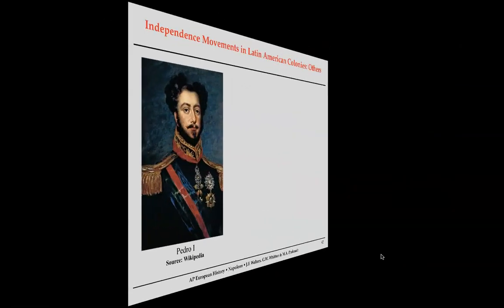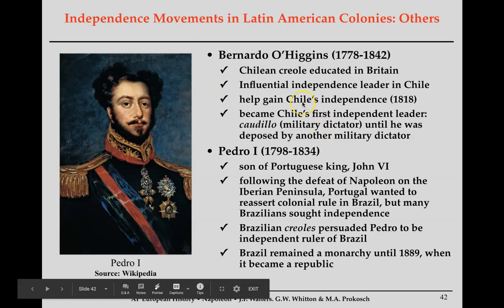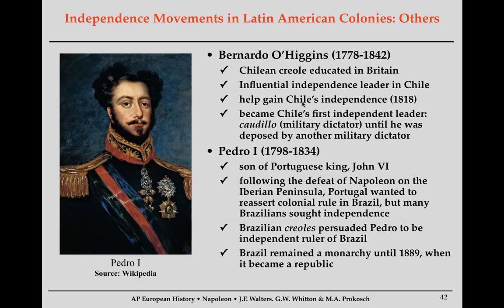All right. And lastly, here I just want to really introduce a vocabulary word. The independence of Chile will be led by a Creole named Bernardo O'Higgins, and after he does lead Chile to independence, he creates this position called caudillo, military dictator. And this is important because what's going to happen with these countries in Latin America that become independent is many of them will fall into a series of military dictatorships, and by and large, they named the person who was in charge the caudillo.